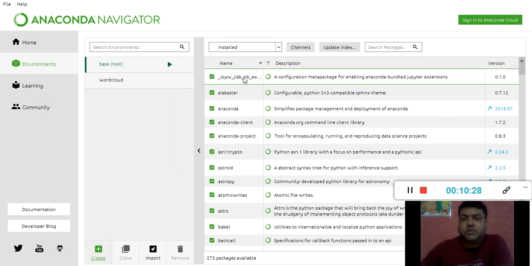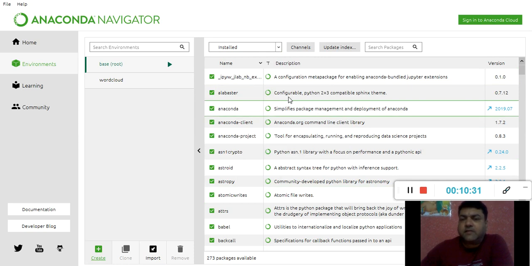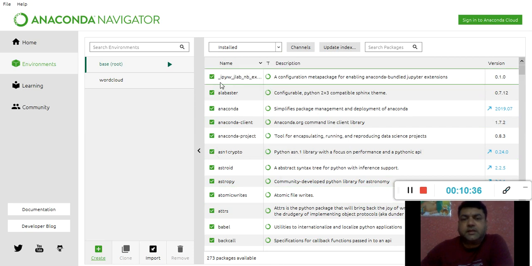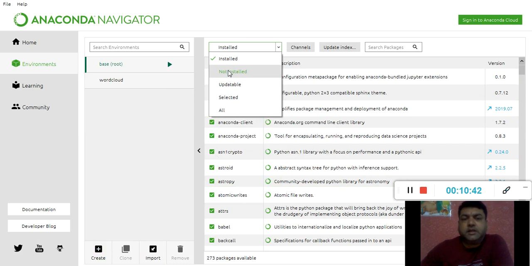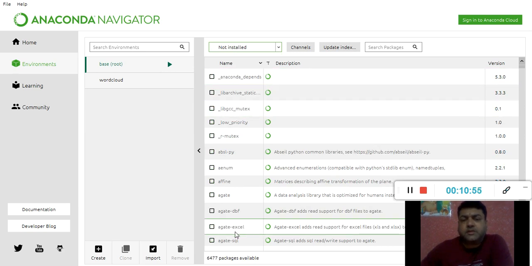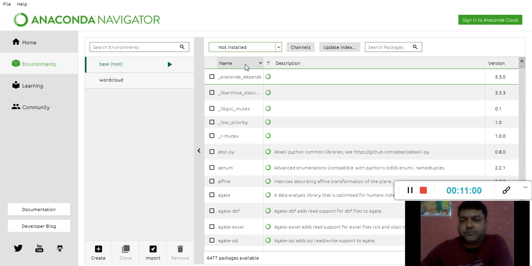And now once that is ready, you can see here there are a lot of packages, modules available. The selection indicates that these are all the installed packages in my system. Now if I want to only see the uninstalled or not installed packages, I can simply go here and select it. So all the packages, all the modules which are not installed in my system, the list of all those packages is available for me right now, and this is, of course, for 3.7 version of Python. So this is how we can update and include the packages.